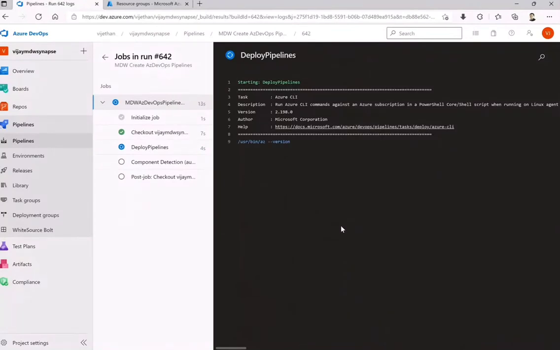So while it deploys, at the backend it is using the Azure DevOps command line. That is the reason we require a DevOps token for that.